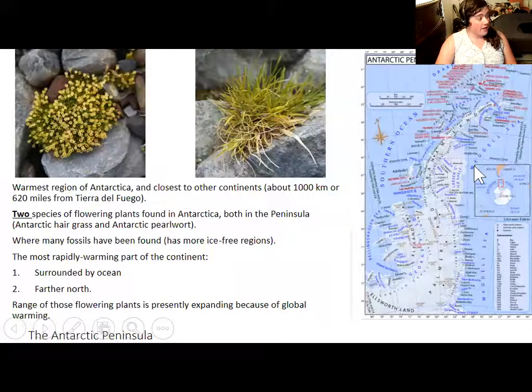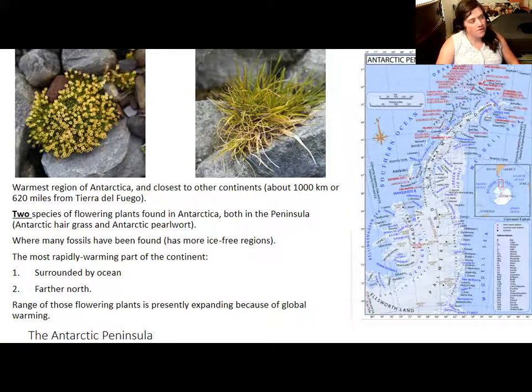The Antarctic Peninsula, the northernmost extension of the Transantarctic Mountains, is by far the warmest part of the continent. It is surrounded by ocean and farther north, and those two factors mean that it has more varied temperatures. It also means that you have warm enough climates and enough soil formation to have a couple of flowering plants in addition to lichens and mosses. I didn't see any plants outside of a couple of lichens and one moss the entire time I was in the dry valleys. The peninsula is by and large a paradise compared to where I was, just in terms of plant life.